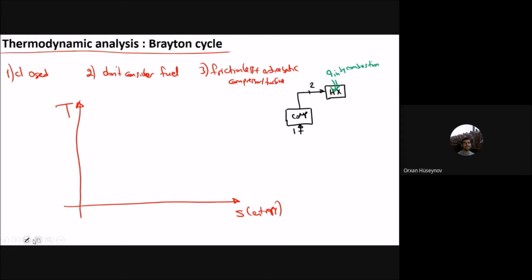And then from that heat exchanger, you go to the next cycle component, which is the turbine. From this turbine, you get the power. This one will give you the power, work out. And this one needs work in. And then from that turbine, you will go back to the heat exchanger again, because I have to